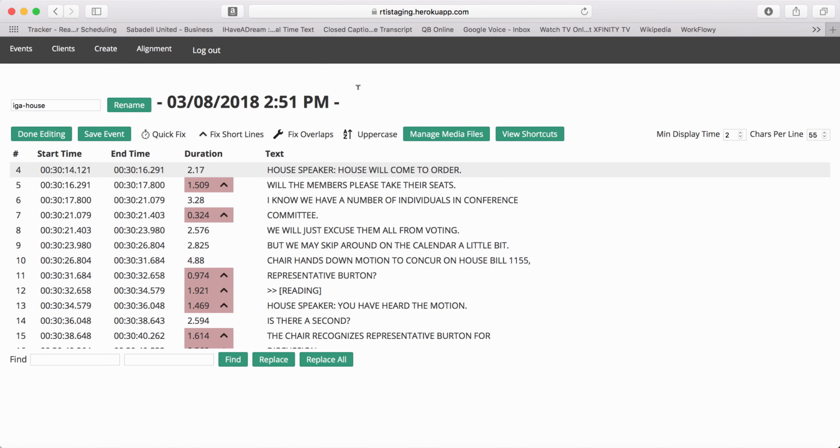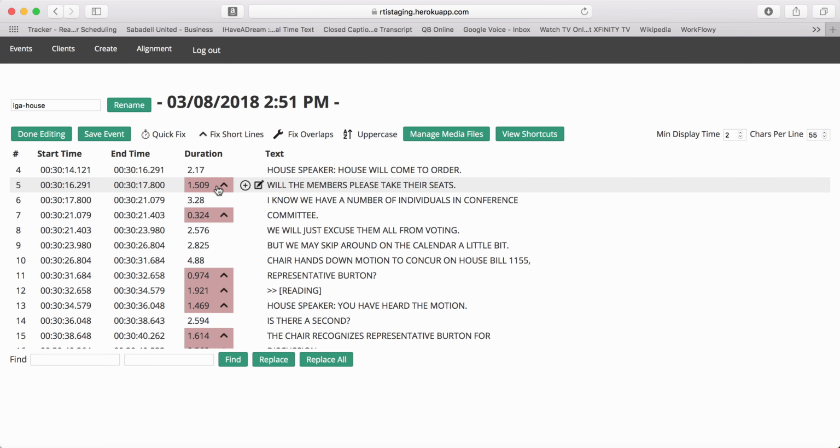Let's talk a minute about time codes and time code durations. This file is actually generated by a real-time captioner from StreamText, and so these time codes were not created by the automatic alignment system. They were created in real time. So there are a few things that we want to do to these to make sure that the minimum duration is long enough so that the lines of text will appear on the screen long enough that someone can actually